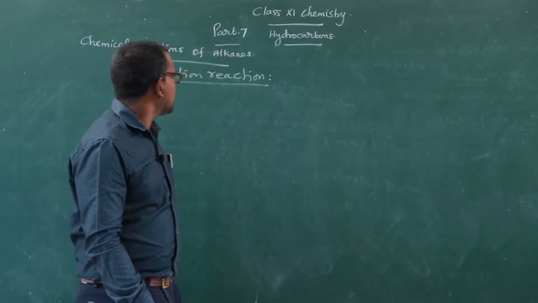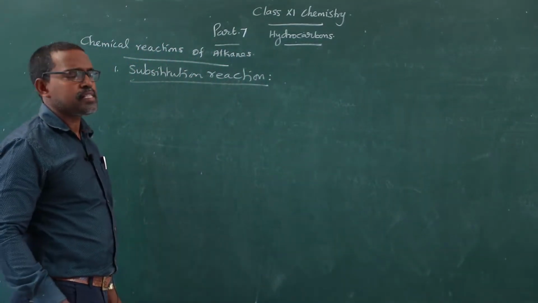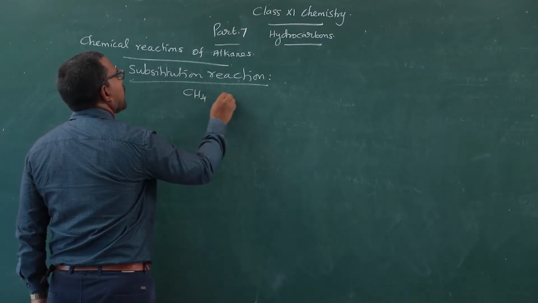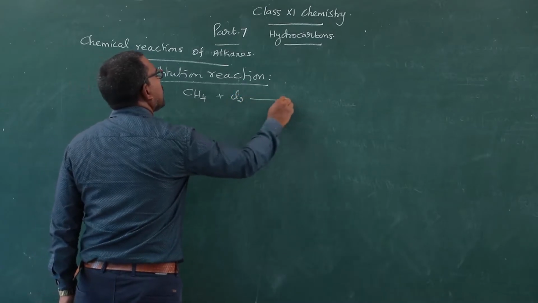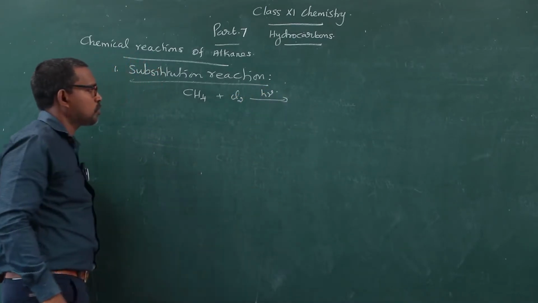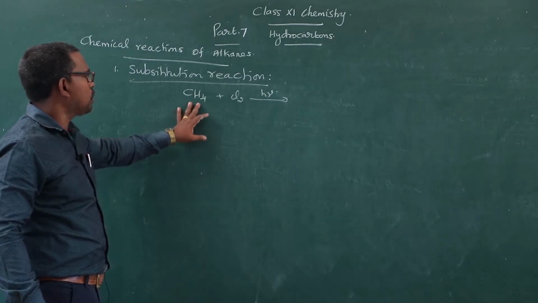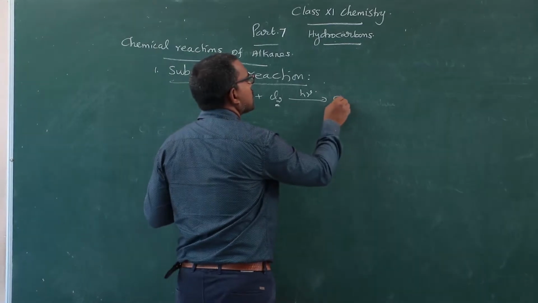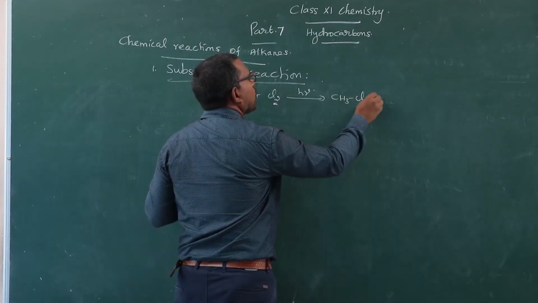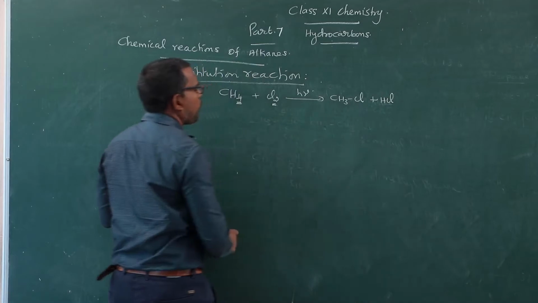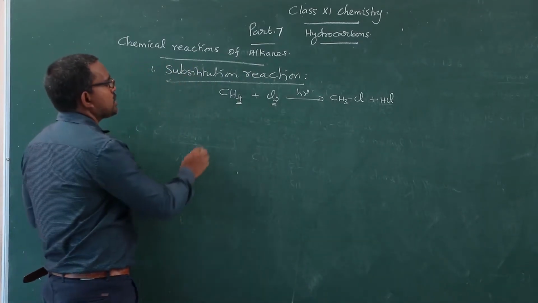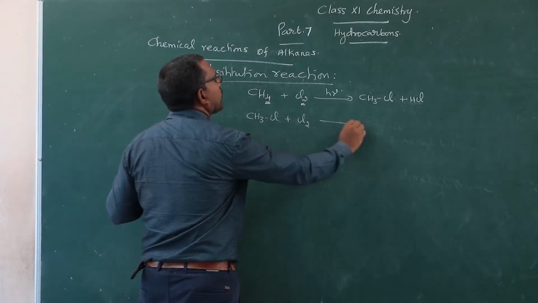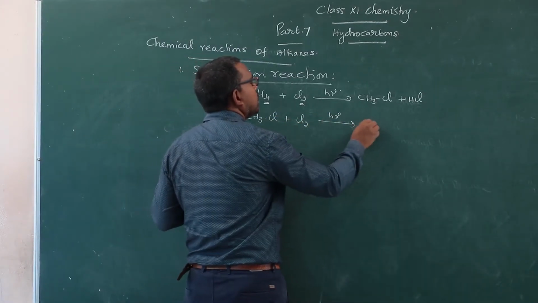Now we are going to discuss the free radical substitution reactions of methane. Methane reacts with chlorine in the presence of sunlight. In the substitution reaction of methane, one hydrogen atom is replaced by one chlorine atom. We get methyl chloride and hydrogen chloride. Once the methyl chloride is formed, it further reacts. Methyl chloride reacts with chlorine in the presence of sunlight, it gives